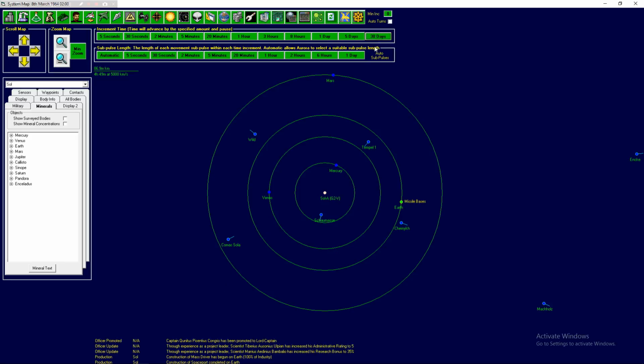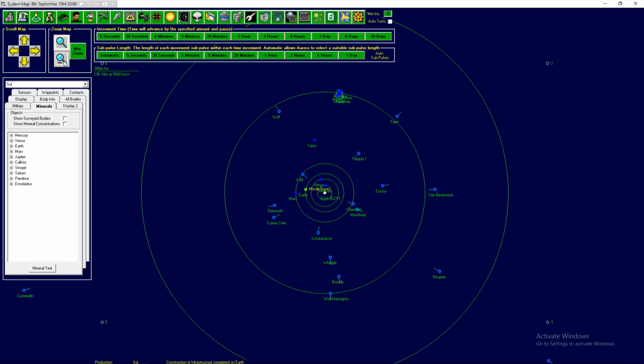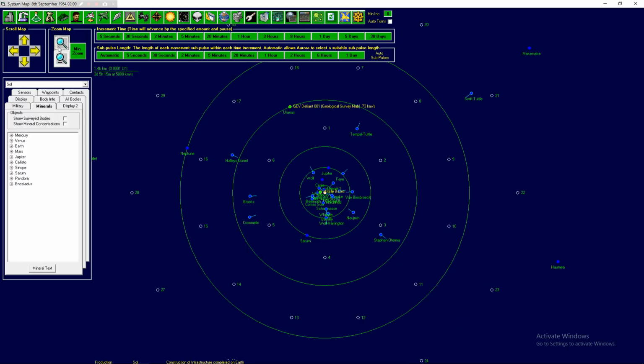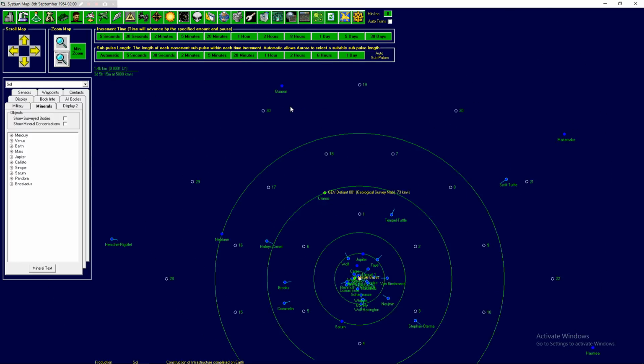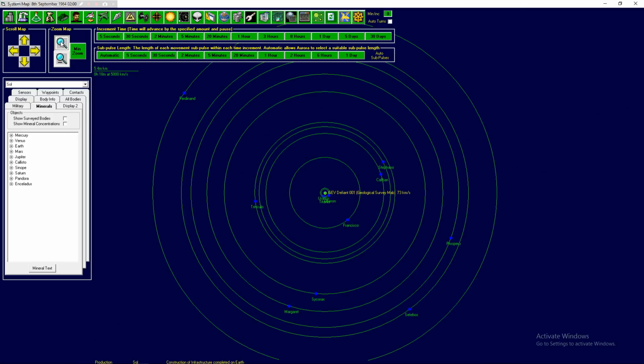Construction of a spaceport finished. Construction of mass drivers finished. Construction of infrastructure finished. All right, so we're not finding any new sources of materials, it looks like. Let's zoom out. Is he still over here? Oh, he's way out there. What is he surveying at the moment? Oh, all of the moons are...